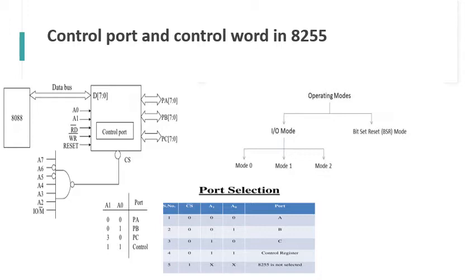Corresponding to each mode of operation, there are two different control words. In simple words, there are two different notations of what each bit of the control word means, depending upon the mode selected out of the above two modes. If we see from outside, there is only one control port, but internally there are two different latches to store the control word for I/O mode and BSR mode. Control words for these modes are stored in the corresponding latches.